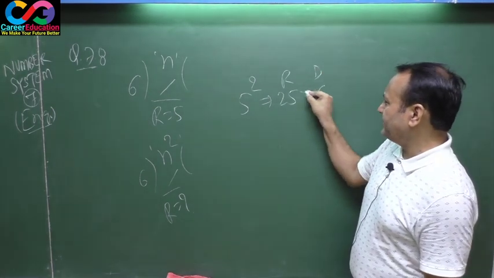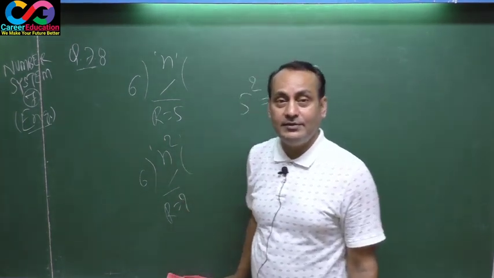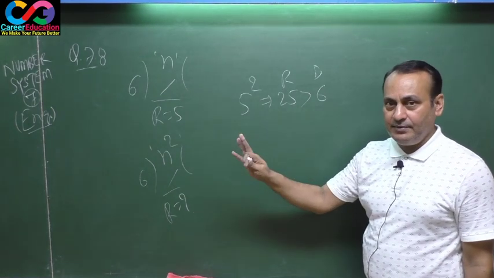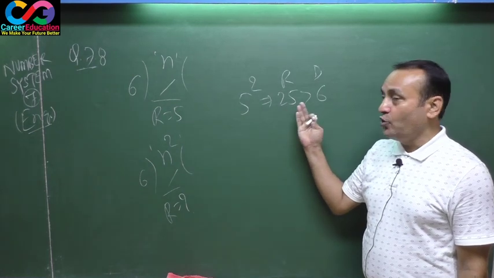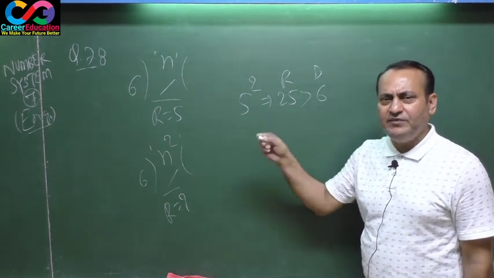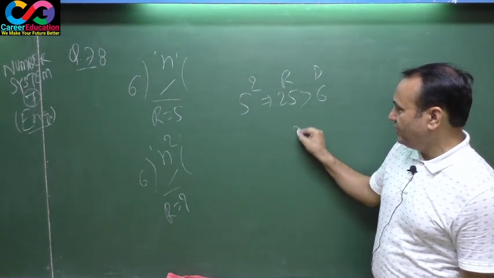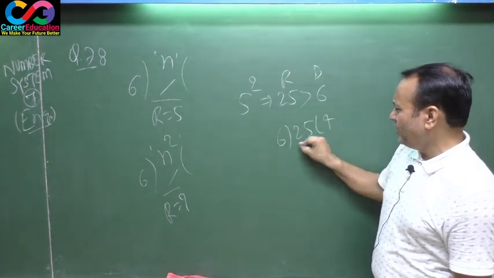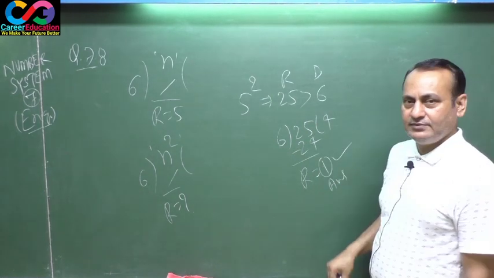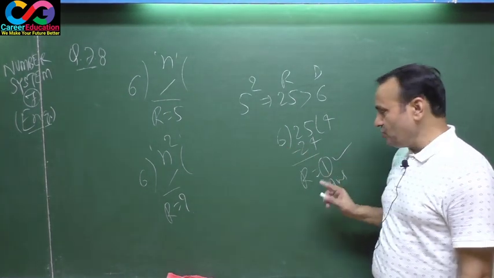Okay, but see here, there is a mismatch on this point: remainder must be less than divisor. Here after applying the trick you got a remainder greater than the divisor. That means 25 must be divided again by 6 up to the final step. 6 4s are 24. Now this is your perfect remainder, this is your answer, as this remainder is less than your divisor. 1 is less than 6. This is your final answer.